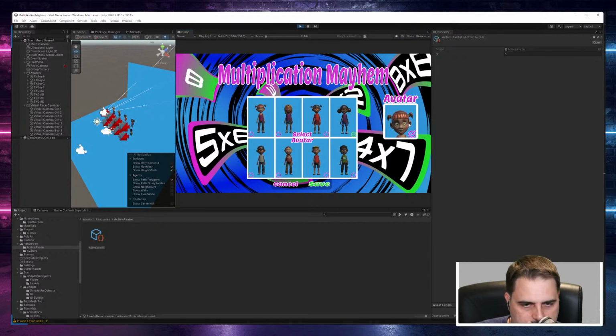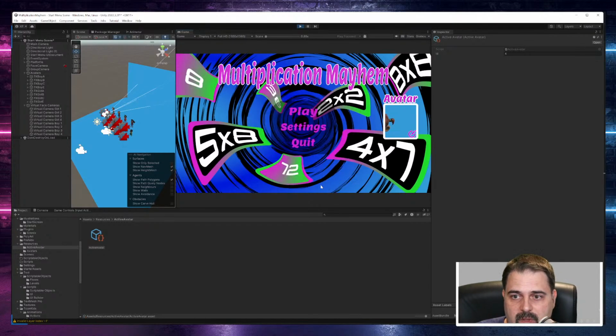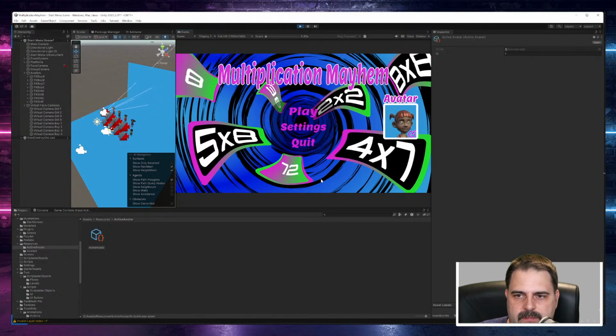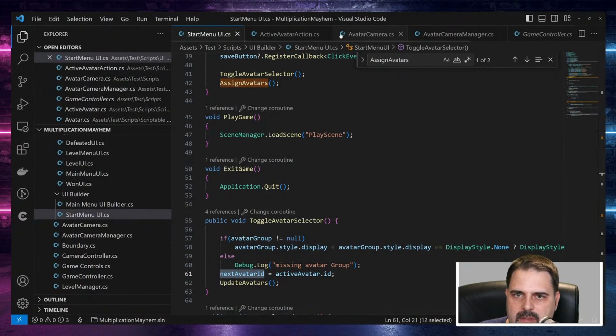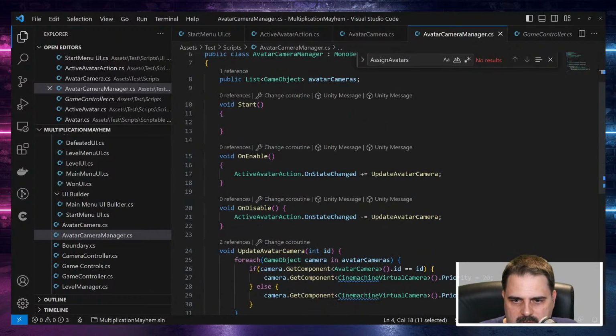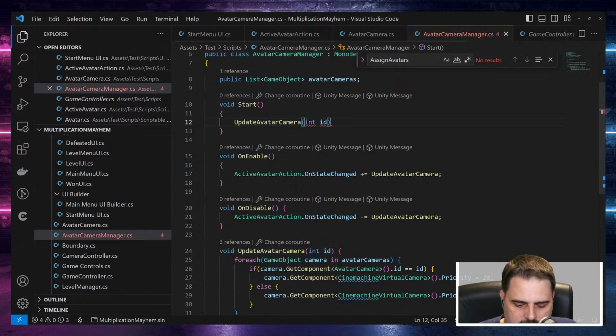Yes, but the avatar was the wrong one, right? Yes, the starting avatar was the wrong one because this one is not updating. And I know why. Yeah, that's correct now. So I just have to modify another script, the camera manager, and do this update at start time. So if it's set to different than the one,